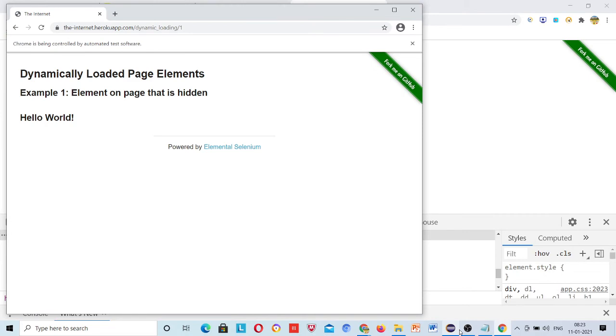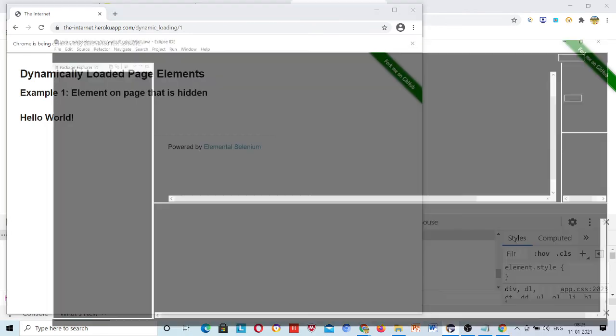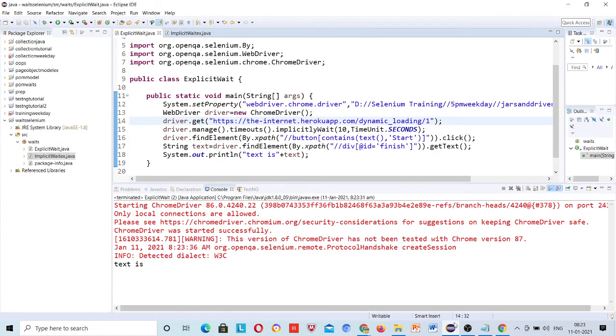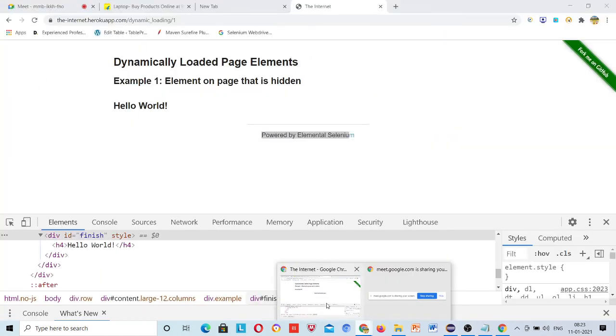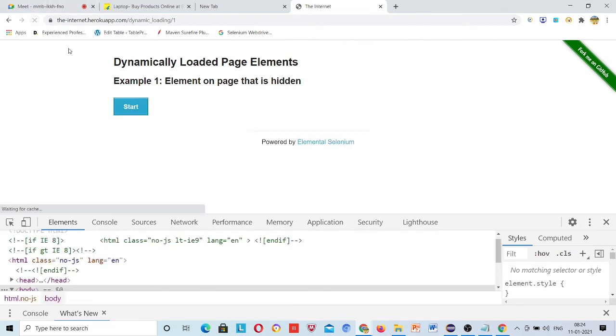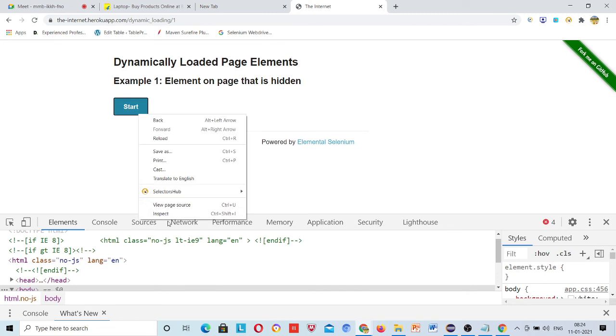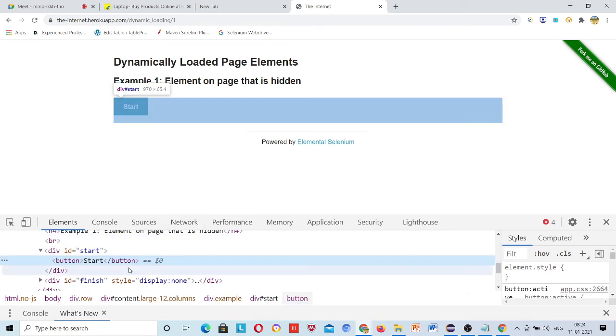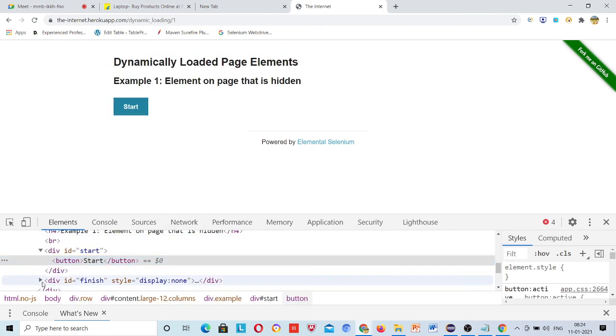The 10 seconds were not completed, the button was not even shown, still it's printed because the DOM was present, which I showed at the very start of this session. Hello world is already present in your DOM. So that's why implicit wait is not working, because implicit wait is waiting for the DOM to be loaded, and the DOM is already loaded.